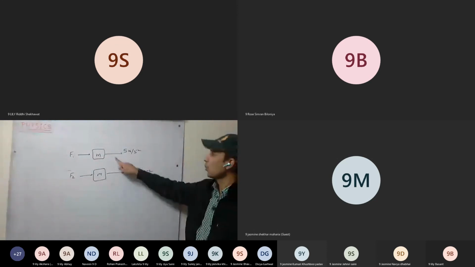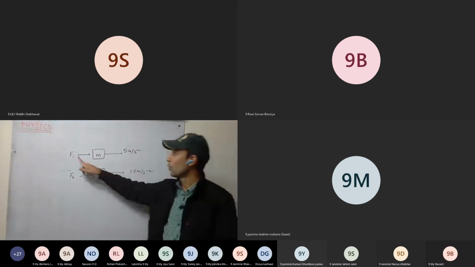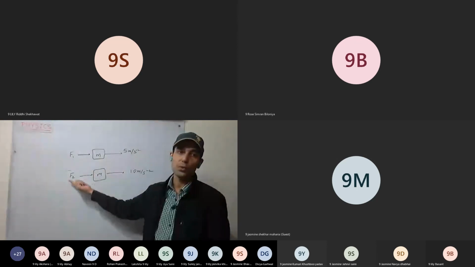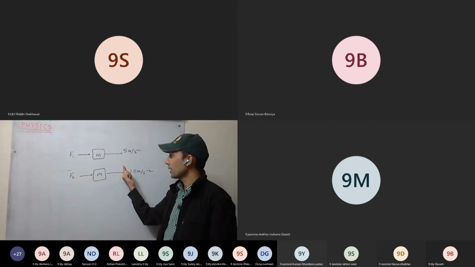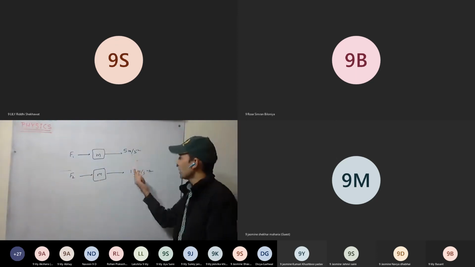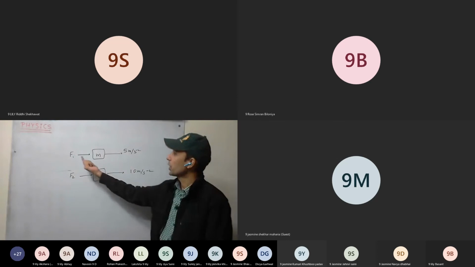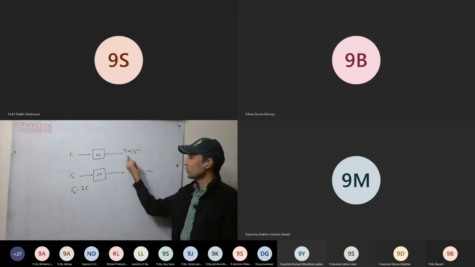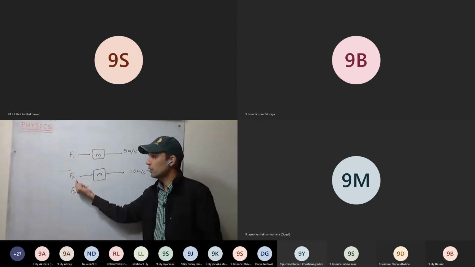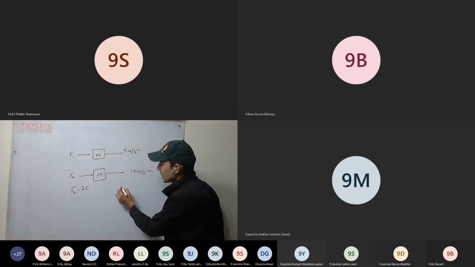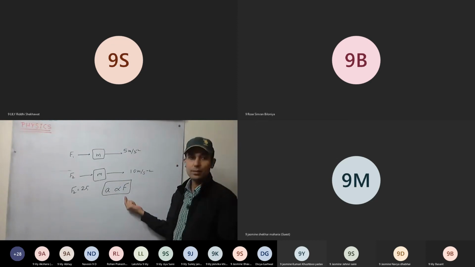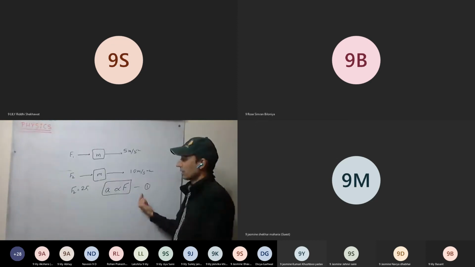How are these forces related? The more acceleration to be produced, the more force will be required. This is clear? If we have to double the acceleration, we have to double the force, so F2 will be 2F1. It means the acceleration produced in the body is directly proportional to the force applied. This is our first equation.